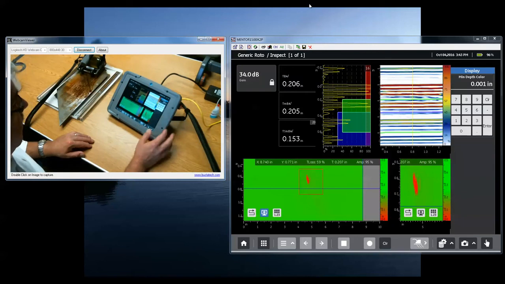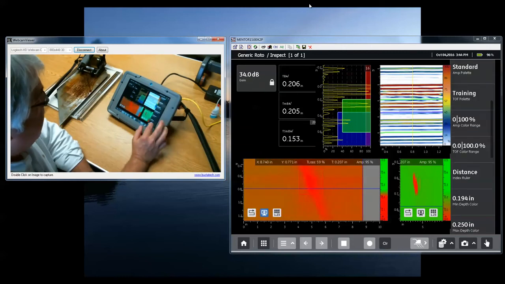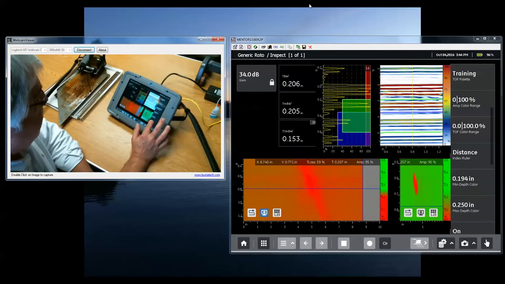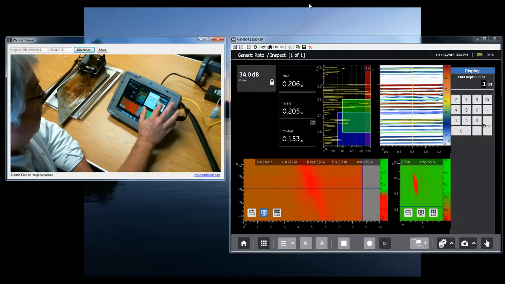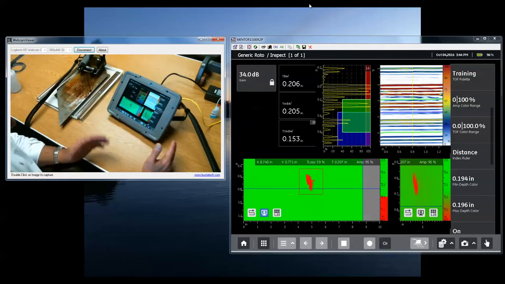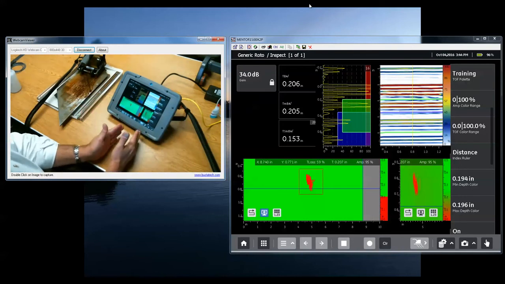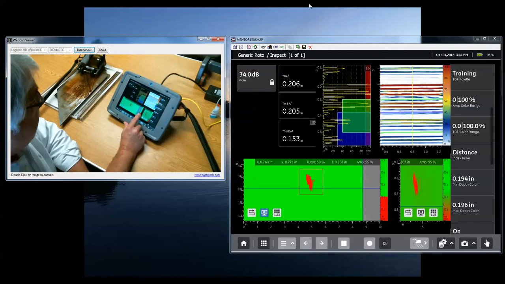So now, if we set our min depth color, our customer is primarily interested in whether his plate is right about 195 thousandths thick. So his standard is greater than 196 is good, less than 194 is bad. So if I set min depth color control to 194, max depth color control to 196, that's taking our entire palette that we declared that went from red to green, and it squeezes it. If you look at the scale to go with the palette,